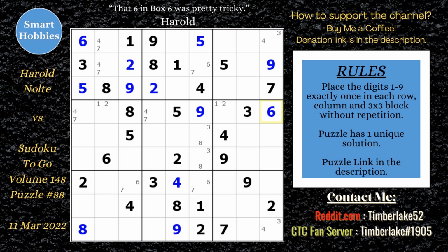Okay, I'm going to take away all the marks, all the colors. I'm going to leave the marks. And actually, I'll kind of step back here and take away some of these other marks. And just go back to the 4, 7, right here. Okay, remember he said, oh, I see this 4, 7 twins. Let's get rid of those. And let's get rid of that. And you're like, wow, Timberlake, you're getting rid of a lot. All right. With this, just these 4, 7,